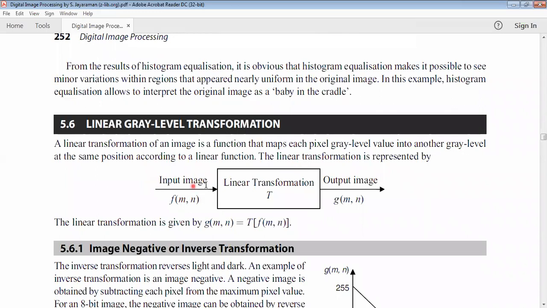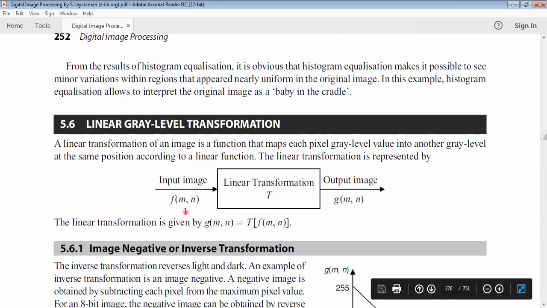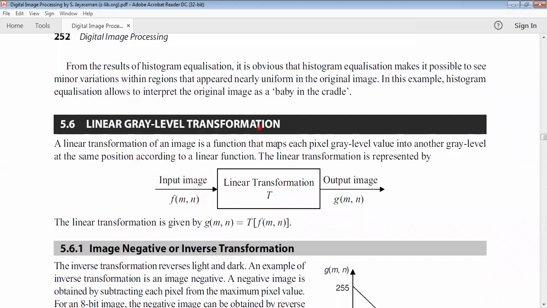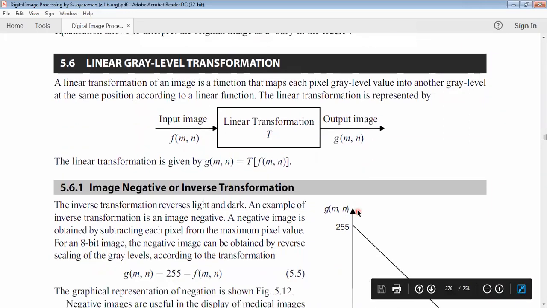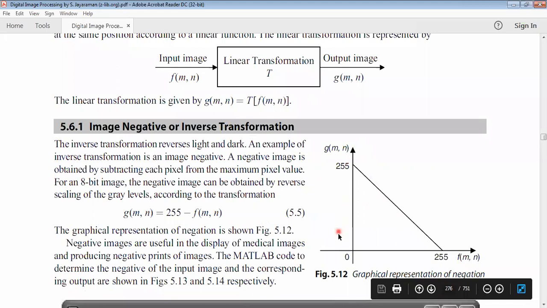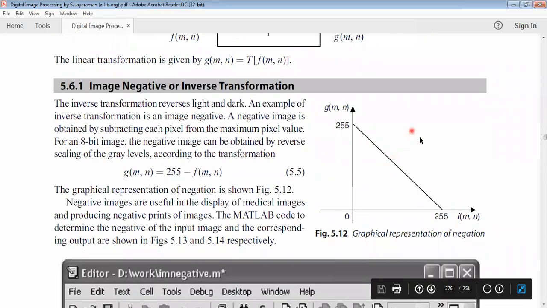So you see it is an input image f of m comma n or f of x comma y, whatever it is, that depends upon the author's representation of the image. So we are going to perform some operation on the pixels, so that we write T, and the output image is g of m comma n. So g of m comma n is equal to transformation of f of m comma n, and this is image negative. Okay? What is this? Image negative. How does image negative come? 255